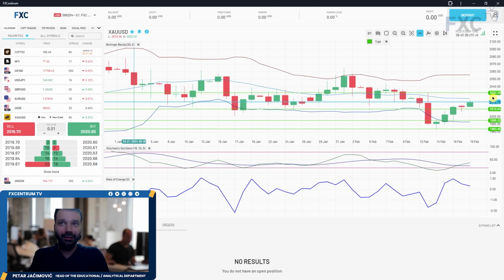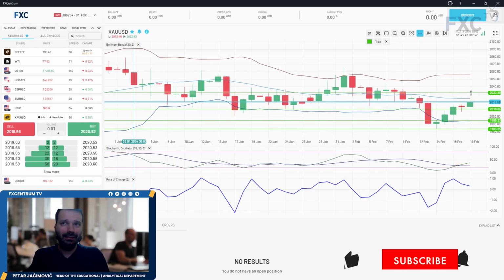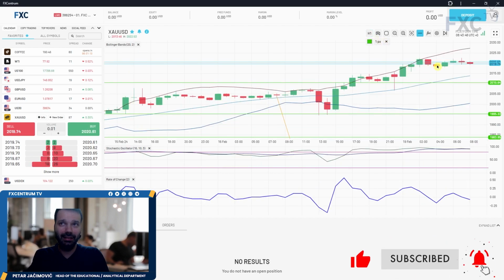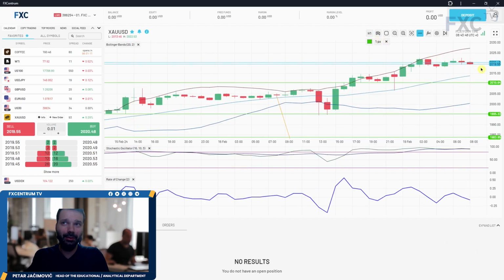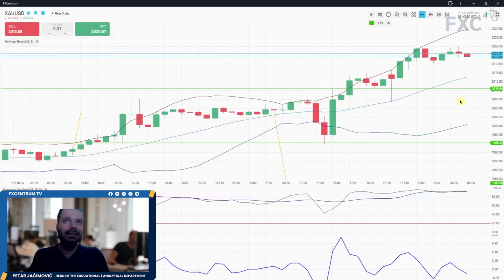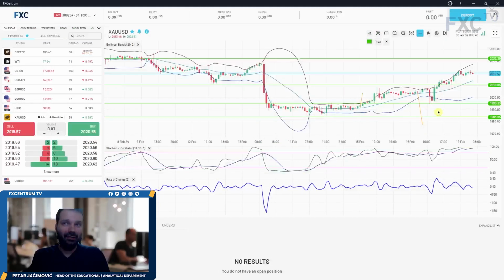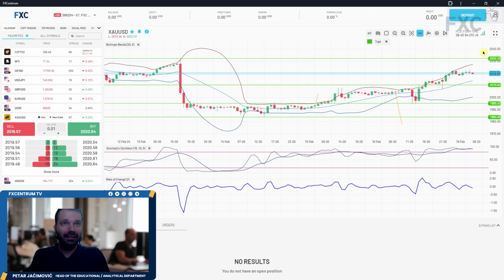the 2032 mark. The stochastic has this bull cross, and this narrow day, we can see that market is just still building and the buyers are in control. The hourly also is just holding consolidation, pulling back more like a bull flag. So there is a chance that after this pullback and consolidation, we can see the higher price and potential retest